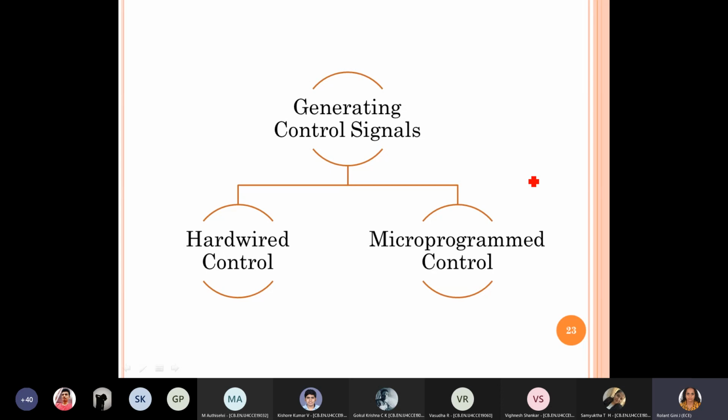So the next step is the design of the control unit. Based on the requirement and the control sequence for the available data flow unit, we need to design a control unit. The control unit is nothing but generating different control signals based on the requirement.